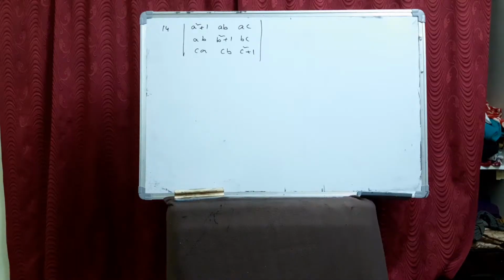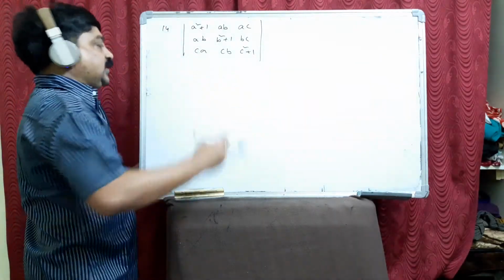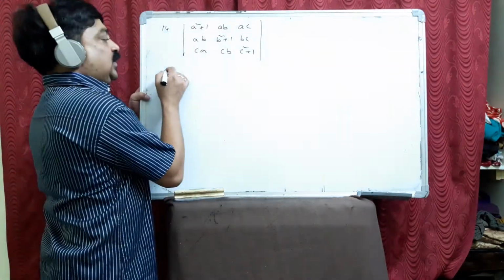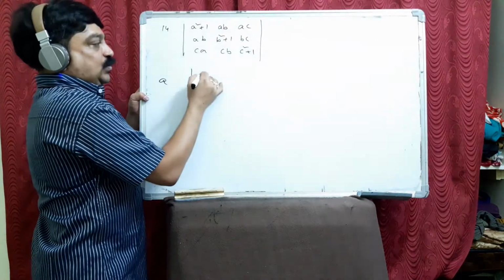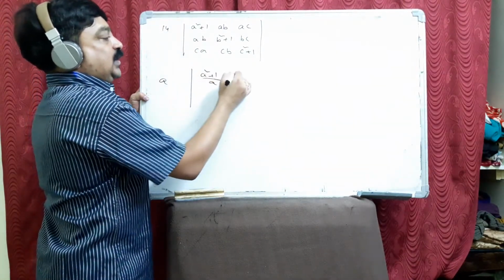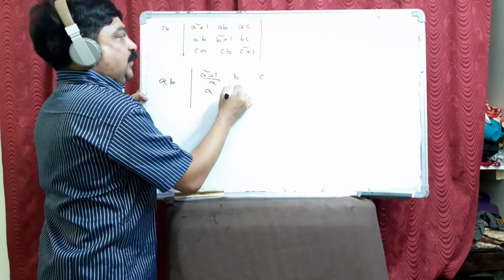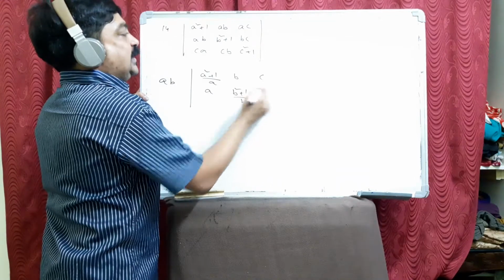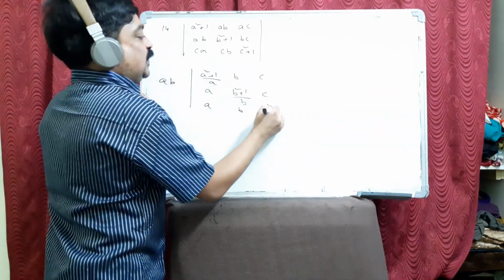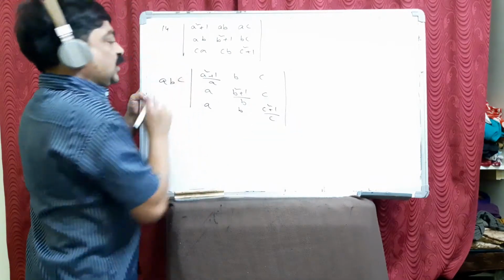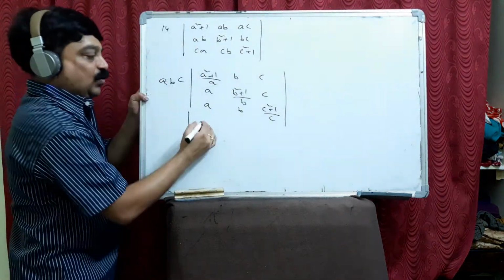Okay, this is also the same type, but you have a, b, c here. So the right hand side is in terms of squares. Let us convert. So what I do in the first step, I take a common from the first row, so that it becomes a square plus 1 by a, b, c. B from the second row, a, b square plus 1 by b, c. C from the third row, a, b, c square plus 1 by c. Now what to do? You multiply a with the first column now. When you are taking from row, you multiply with the column.